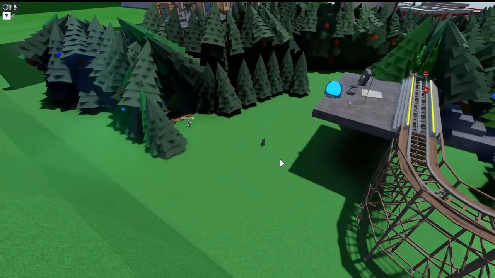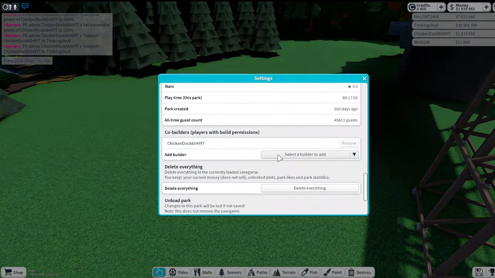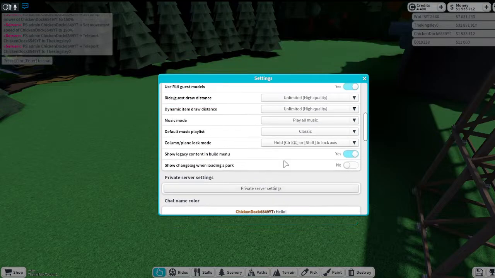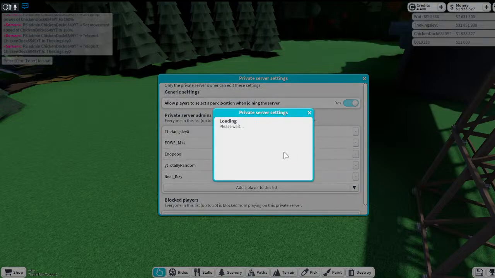I still like when I go to play on public servers, there's no way to get admin there, so good luck. Do I have admin? Oh, okay, this is my old server. Crap, wrong button. Pretty sure you have admin. Browser server settings. Yeah, you do. I'm just gonna quickly do that because I'm lazy.